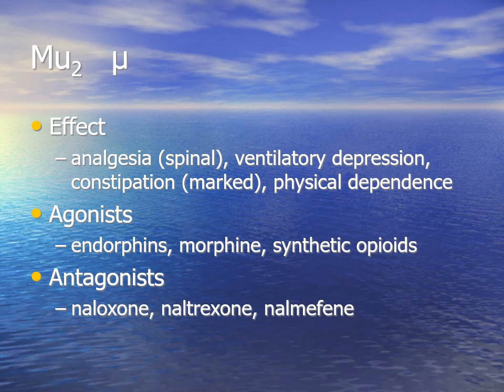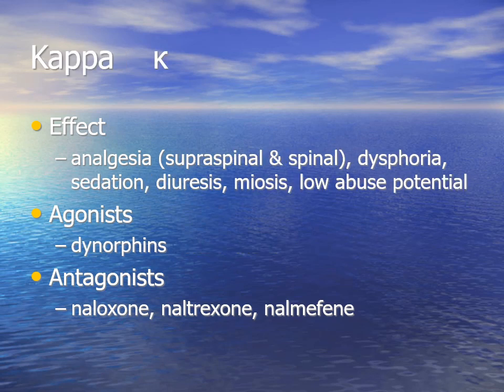Kappa provides both supraspinal and spinal analgesia. It can also cause dysphoria, sedation, diuresis, meiosis, and has low abuse potential, right? It's agonized not by endorphins, but by dynorphins. Okay? Delta, same thing, you can read through this. Enkephalins are the agonists. Right? And then sigma,